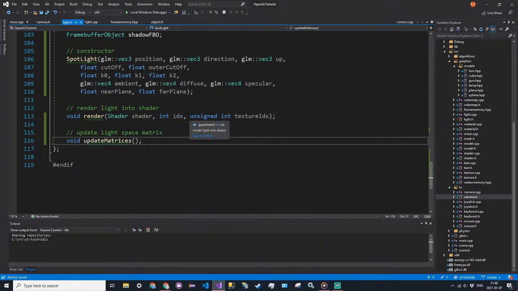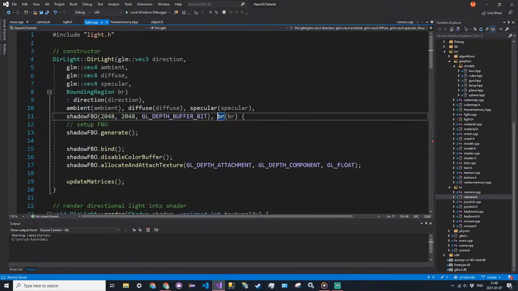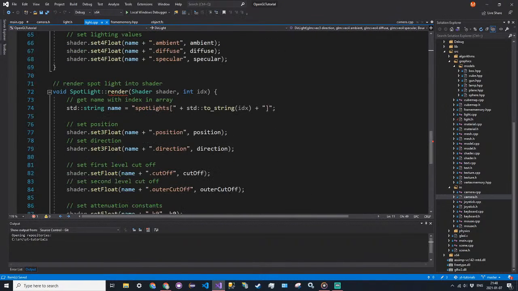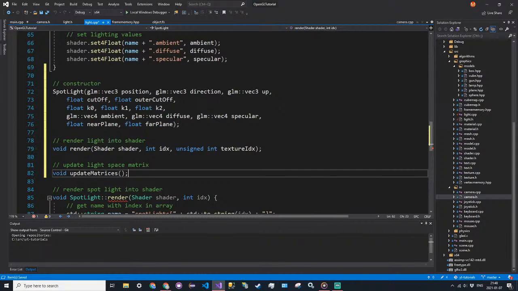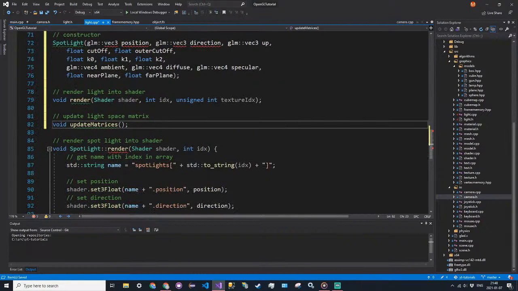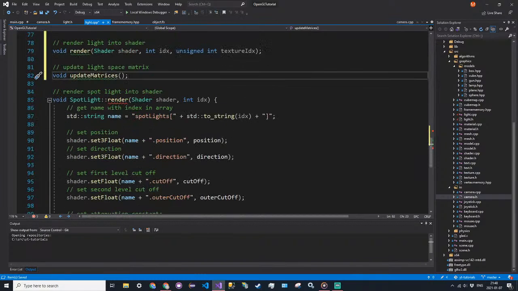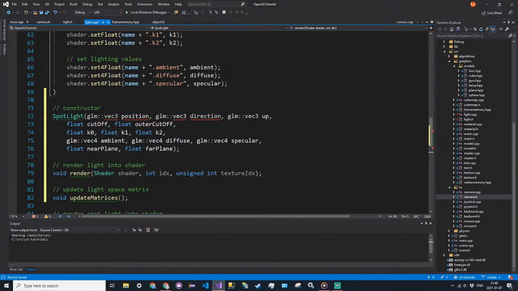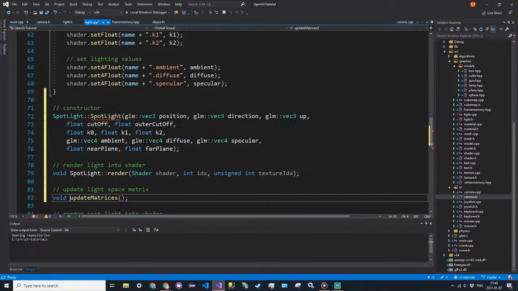Just like that. Okay. So you can copy all of these definitions as they are into light.cpp and paste them in. And then what you can do with the render method is take the code that we already have for render and copy it, or you know, we'll do that once we do the constructor. Alright, first make sure to add your spotlight class or structure tags. And then for the constructor,